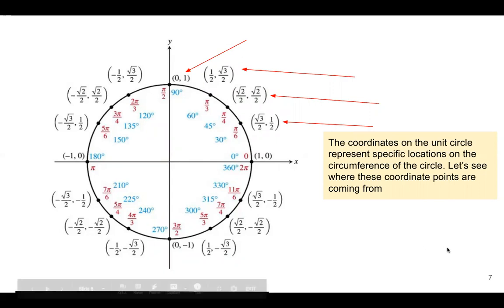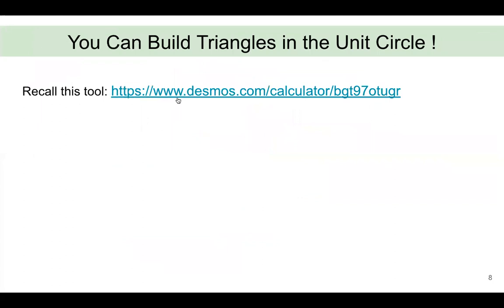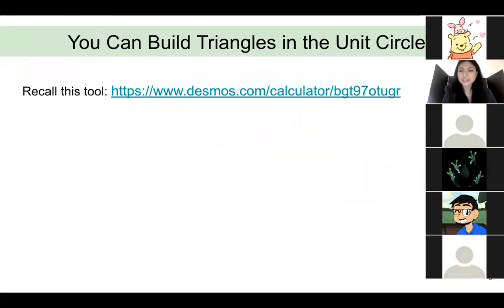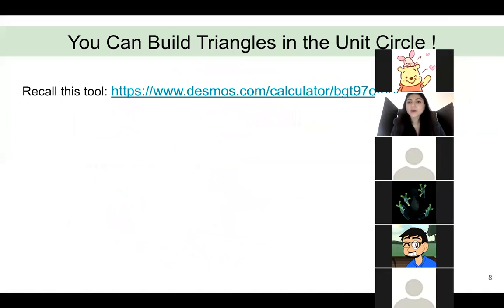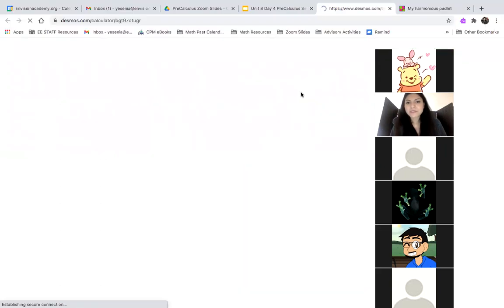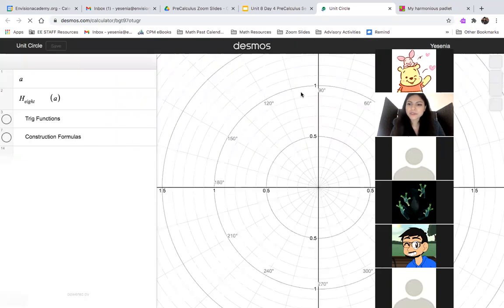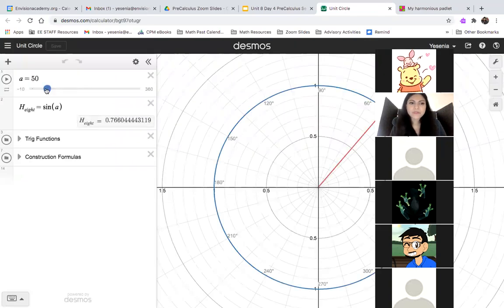So what do the coordinates mean? It could mean something about the position of the windmill. We don't know yet, but how are the coordinates being made? How do we know these coordinates are there? Like, how do we know it's root 3/2? How do we know it's 1/2? Where are these coming from? I'm going to remind you of this tool that we looked at, I think on Thursday. So if you remember this tool